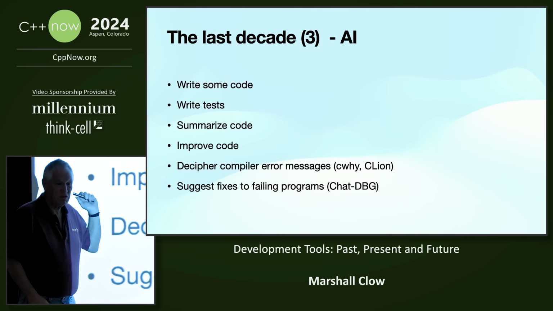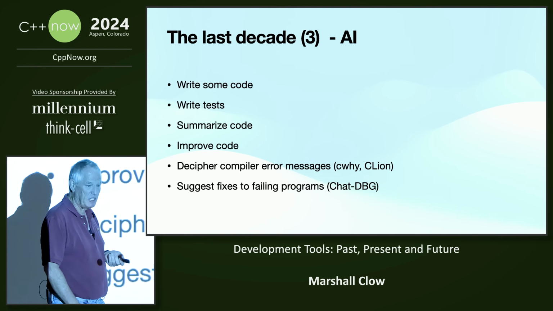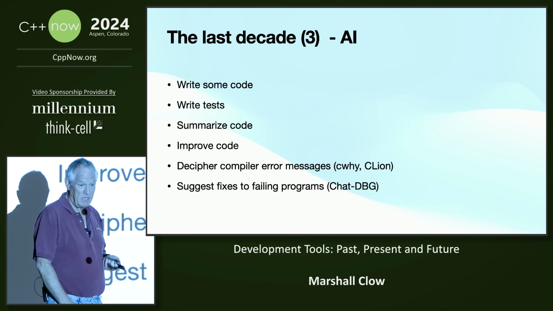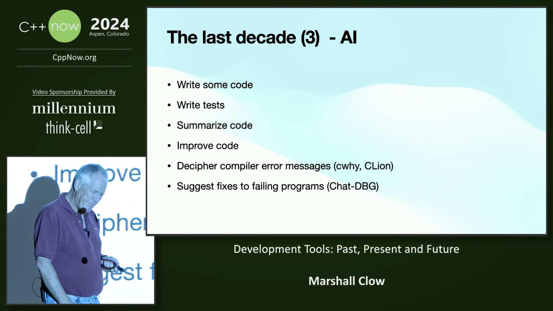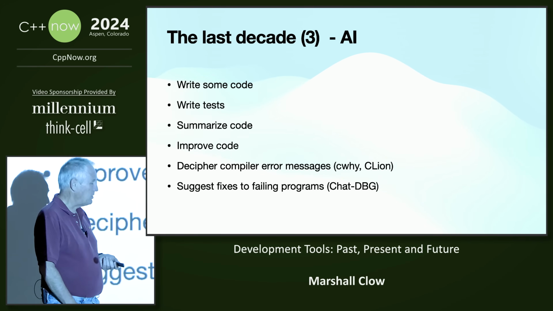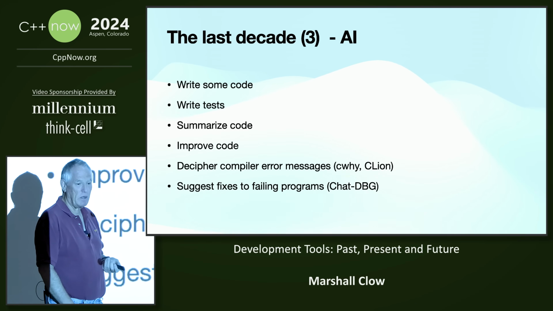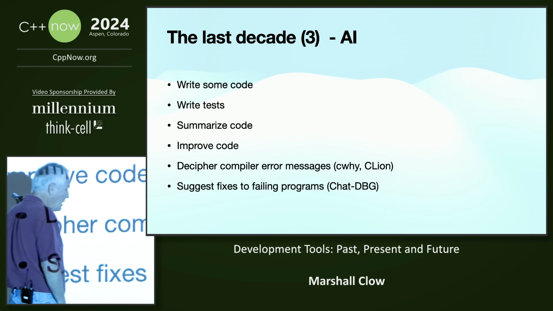It can write tests. There have been lots of articles where somebody says, here's some code, and passes it through ChatGPT and says, write some tests in the style of such-and-such. And it spits out tests. You look at the tests and you say, wow, it just did a lot of the really boring work. I can see more tests that I want to add, but 90% of the tests are just right there, and I can copy and paste them into my test framework, and great.